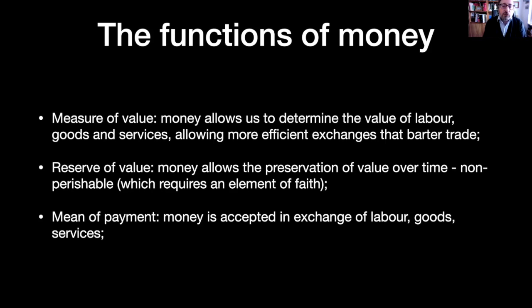You know, if I'm willing to work cleaning the windows in your house in exchange for, say, a bottle of milk, it really depends on whether or not you find it useful that I wash the windows at your house. And it also depends on whether or not you have milk available to give to me. So money eliminates that, because money is neutral in the sense that you don't need to be a milk producer in order to hire me. You can just give me money and then I'll go and buy milk, which is what I wanted to do after all.